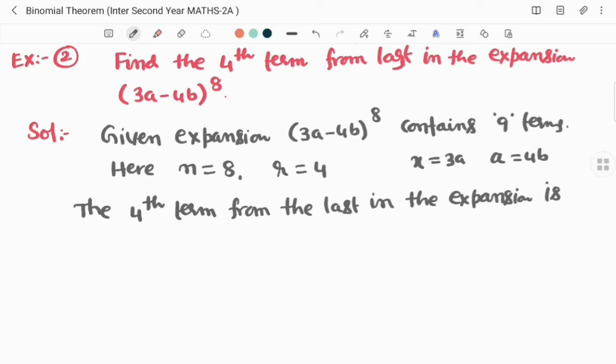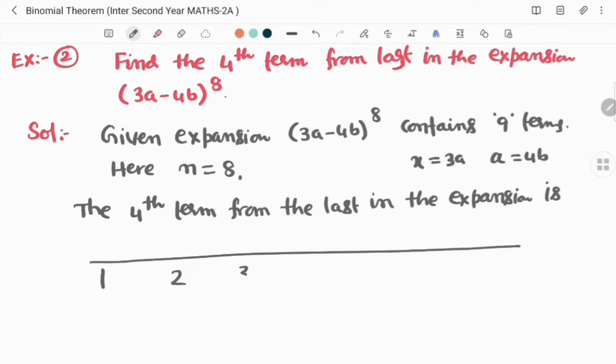They are asking fourth term from the last, r is equal to 4. No need to write this one. Even that also not required. When you compare with (x plus a) whole power n, x is equal to 3a and a is equal to 4b. See, after that here, the fourth term from the last in the expansion is